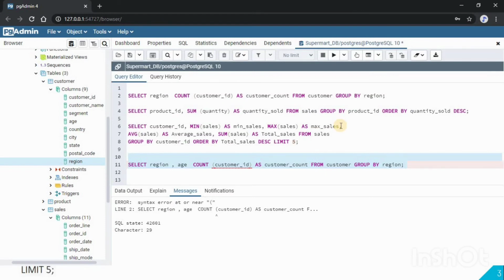What this means is that you can use age in an aggregate function, so you can find the average age, or the minimum or maximum age. You cannot use it as it is, since it is not unique within one particular region. If you want to find the average age, we should have an aggregate function, so we should write average age over here. We'll simply write average and put it in brackets. Now select this query and run it.